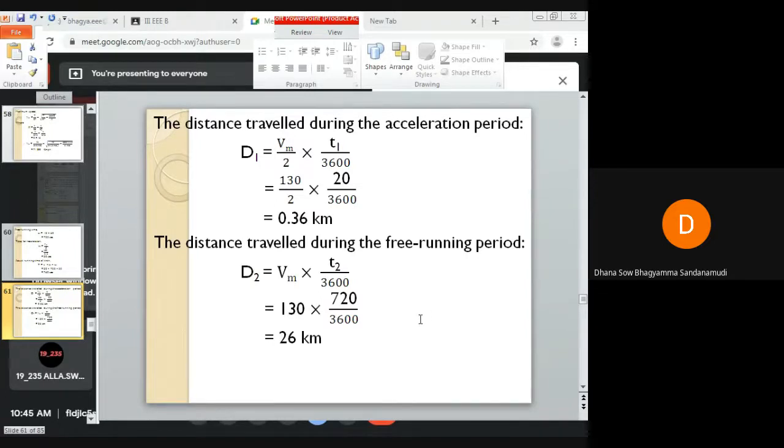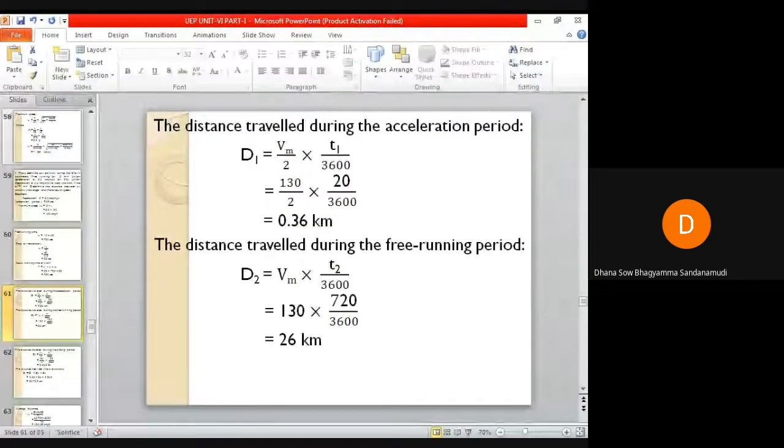Write it down. Next, we will determine the distance traveled during the braking period, that is, the retardation or deceleration period. As soon as you complete, inform me. Don't take much time. Try to solve it on your own. Don't copy it. If you know the formula and the values to substitute in it, you can easily calculate. Don't blindly copy it down; just verify the answers.